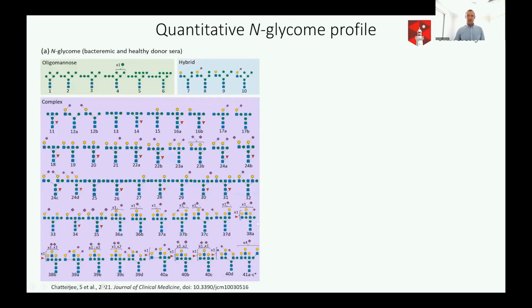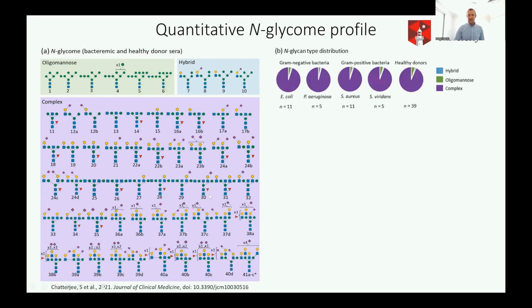This is the type of data we're getting from glycomics. So we're getting a glycomics map of the glycan fine structures that we find here in serum, mostly complex type glycans, but we do also see oligomannose and hybrid type glycans. PGC also gives us a quantitative picture of each of these glycans, and breaking it down to the highest level, the glycan type distribution, you can basically see no real differences between the healthy group and the bacterial infection